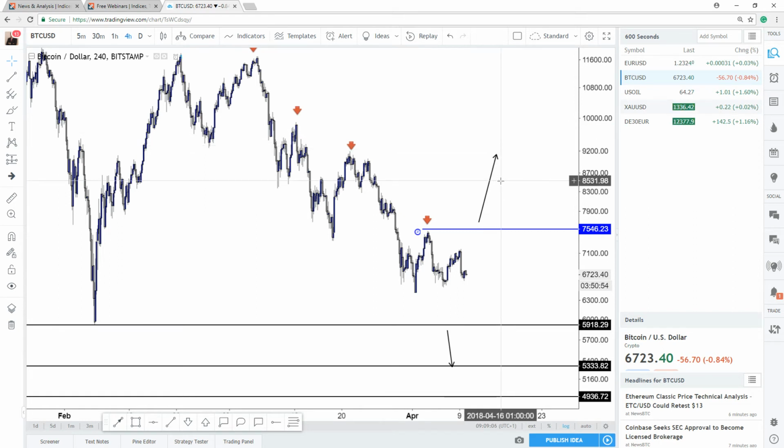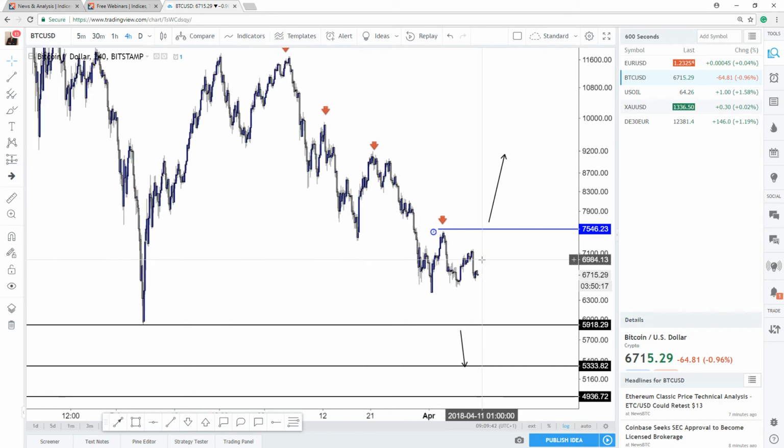If you've been looking at Ethereum, it did try to take out its high yesterday, but got pushed back into its range. And you had Neo versus the US dollar also breach this level. But unfortunately, in Ethereum and in Neo, we didn't have sustained moves to the upside. So all of the big markets, all the top 15 coins, are pretty much doing the same thing Bitcoin is doing right now, which is stuck in a downtrend, trending sideways.